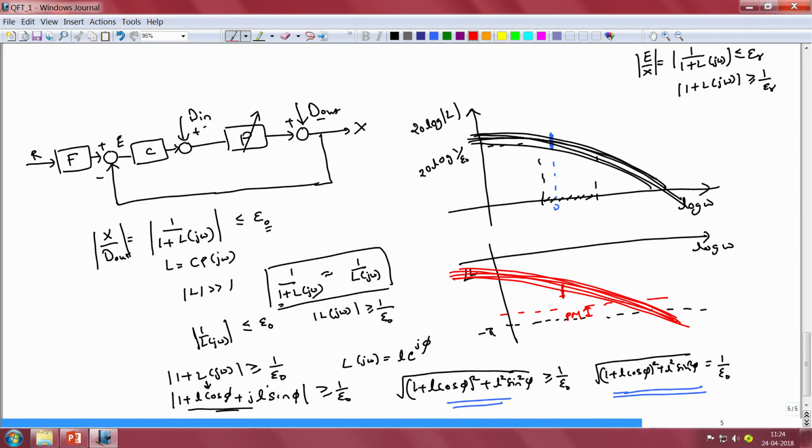Hence, you begin to now appreciate the difficulties in representing the performance specifications, for example in output disturbance rejection or for reference tracking when we are using Bode plots, and also the difficulty in representing the different possible values of the loop gain that the overall system can assume owing to uncertainty in the plant dynamics, because in the presence of plant uncertainty we do not have a single curve for the magnitude and the phase characteristics of the loop gain, but rather we have a bundle of curves with each curve corresponding to a particular combination of the parameters of the plant.